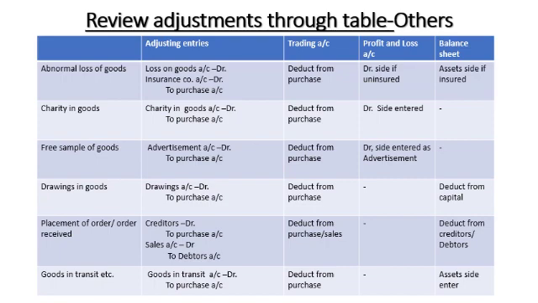Order placement: if an order is placed and the entry has been recorded as purchase, then it will be reversed by passing the entry creditors to purchase. Deduct from the creditors on the liability side, and deduct from the purchase on the trading account debit side. If an order is received, it will not be supposed to be a sale, but if it is recorded as a sale, then the entry will be reversed: sales account debit to debtors. So deduct from the sales account, the credit side of the profit and loss account, and deduct from the customers on the asset side.